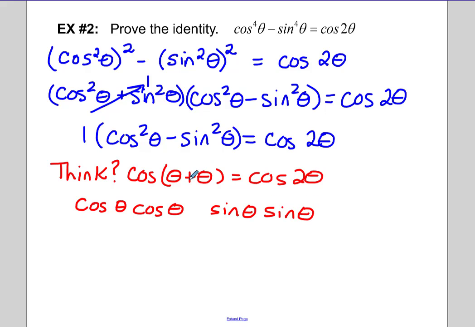But when the sum of the 2 angles was expanded, we had a difference there. And here you can recognize that you've got cosine squared theta minus sine squared theta, which is our term right here. So the cosine of 2 theta,